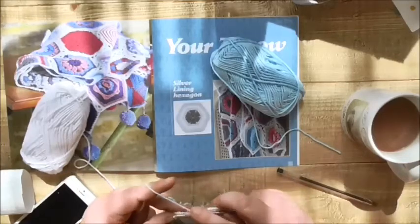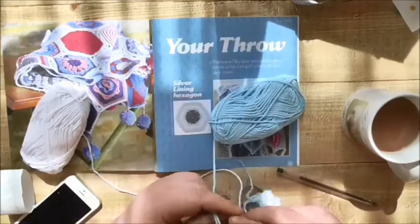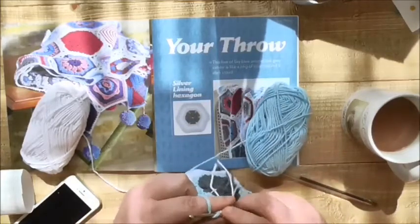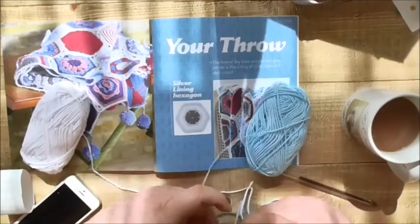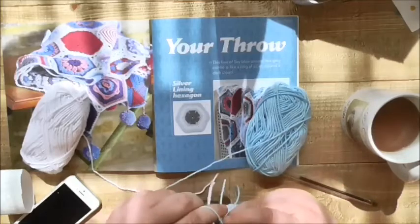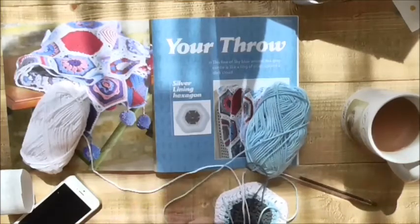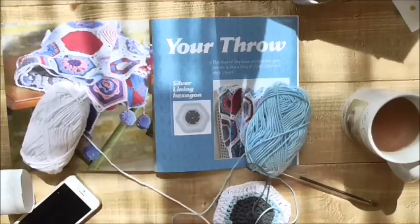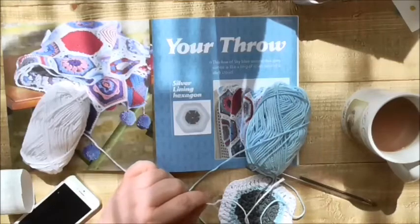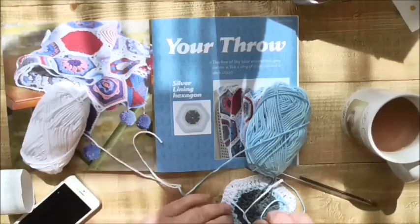Chain 1, put it into there for a slip stitch, but pull the new yarn through instead, and I'm going to just single, because it was a bit of a bulky mess when I doubled it up earlier. I'm just going to single that in, and then what I do is I just tie that to the yarn that I'm just finishing off. So I'd snip that off and I'll just tie that to